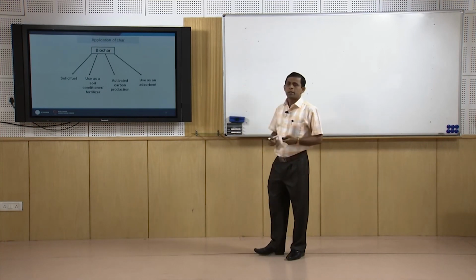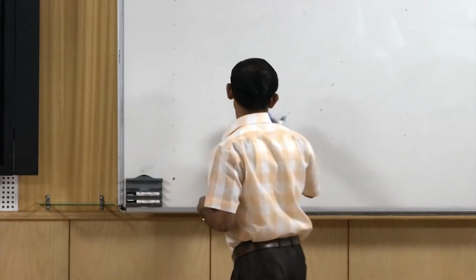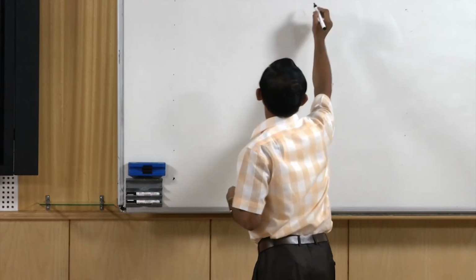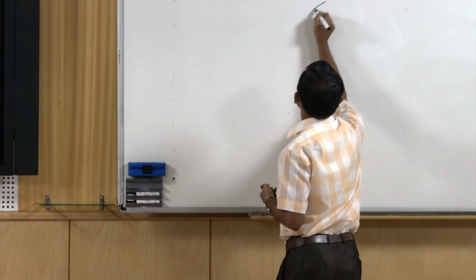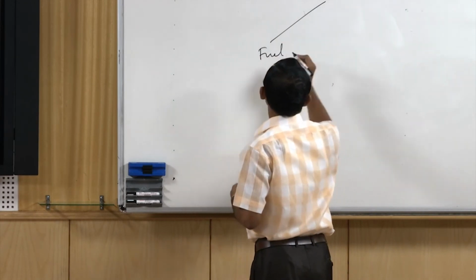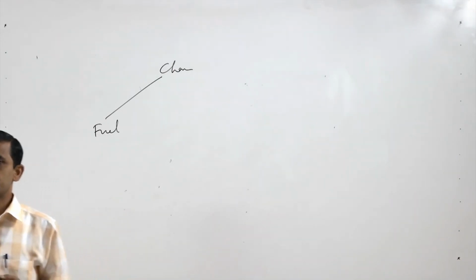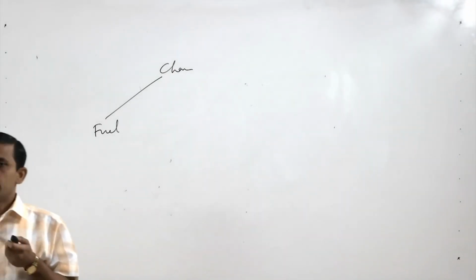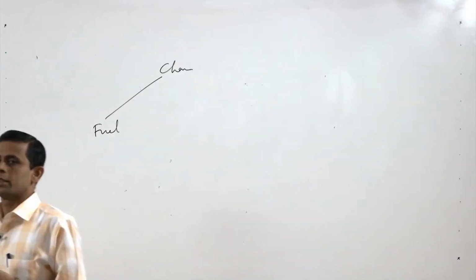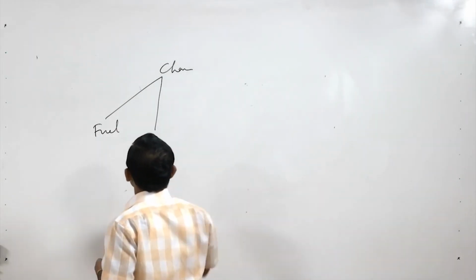So, now we will discuss the application of char produced through the pyrolysis process. So, char which is produced from the pyrolysis process can be used for different applications. It can be used as a solid fuel. This char which is produced, we have discussed in the previous module, has a heating value higher than the biomass and waste which we use for the pyrolysis process. So, this can be used as a solid fuel,